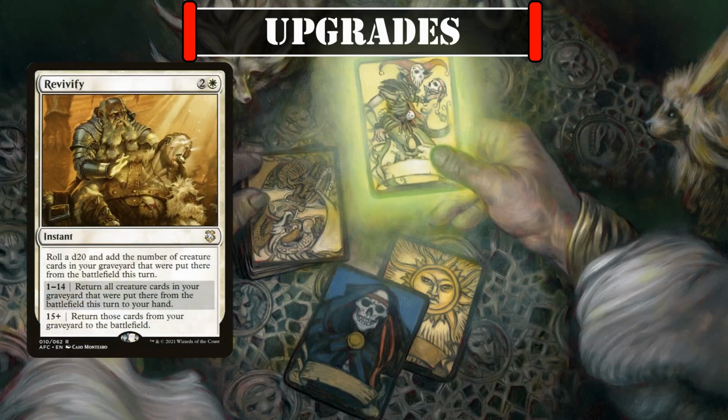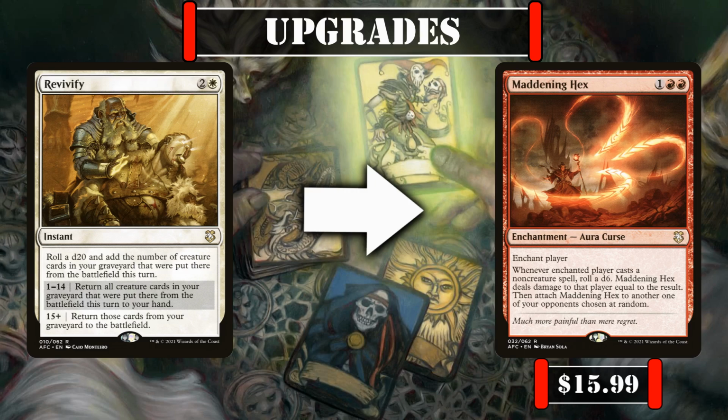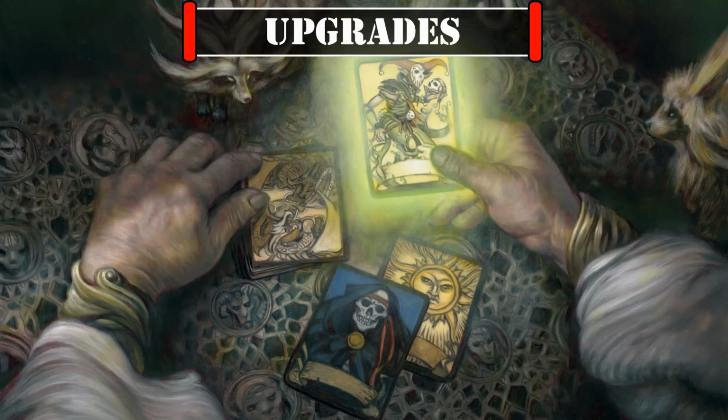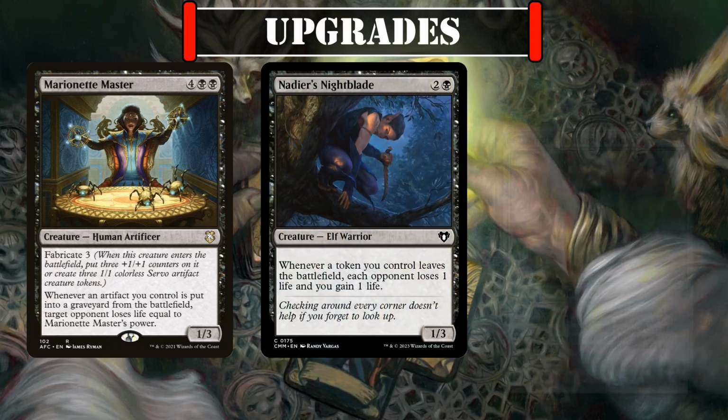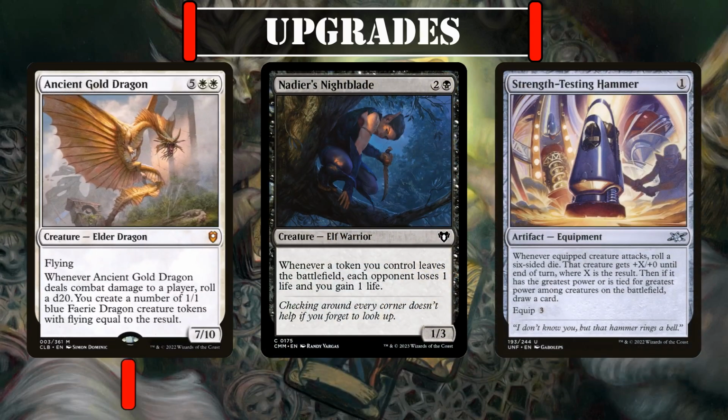Revivify can be traded out for Maddening Hex, which can potentially net us multiple d6 rolls per rotation to proc our payoffs while slowly burning out our opponents as they cast their non-creature spells, and if we want the biggest bang for the biggest bucks, we can replace Marionette Master, Nadir's Nightblade, and Strength Testing Hammer with Ancient Gold Dragon, Ancient Brass Dragon, and Ancient Copper Dragon,